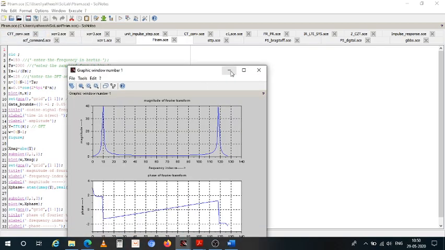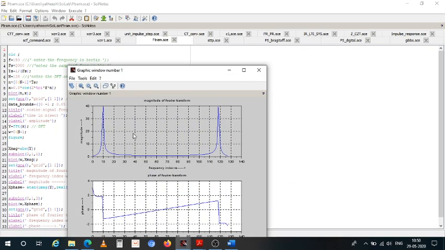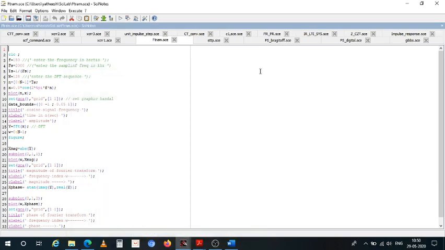So the cosine wave is given as input, and the output you're getting is this one, the magnitude plot and phase plot. So I hope people have understood. Now let us proceed to the next part of this experiment, that is experiment number